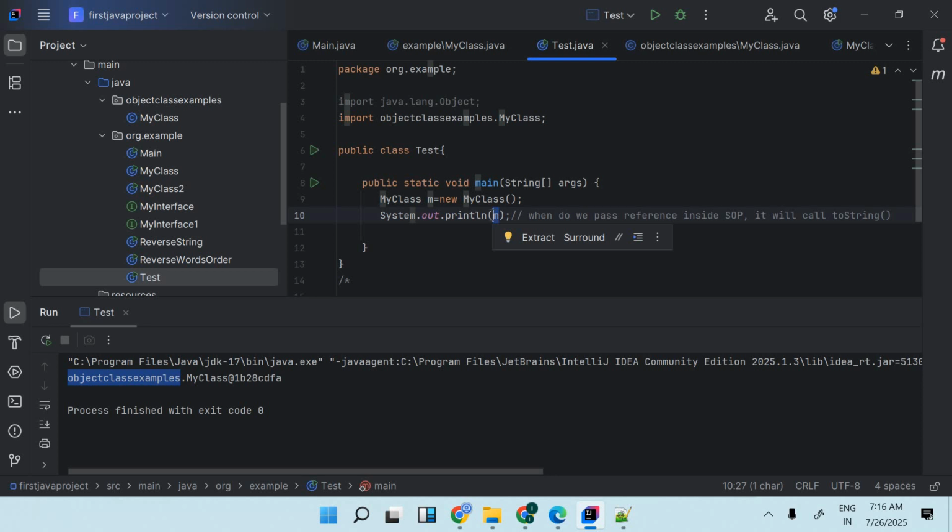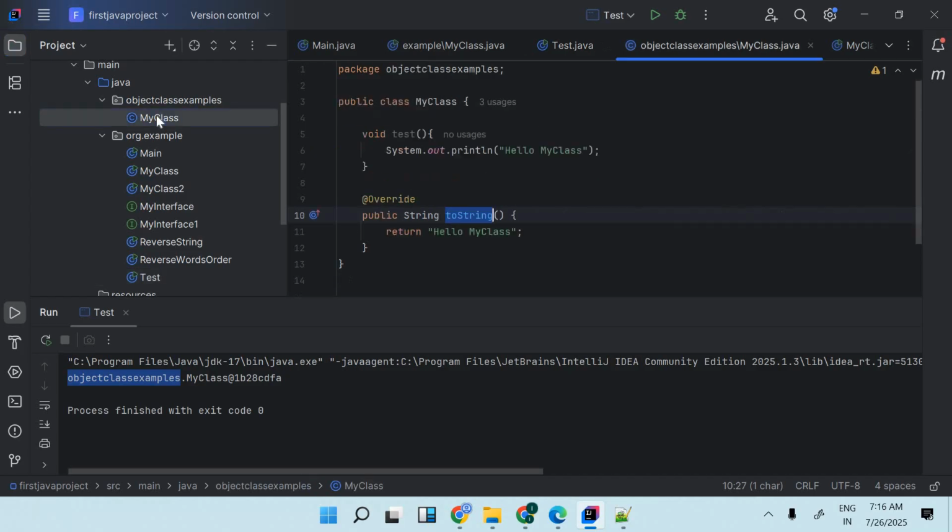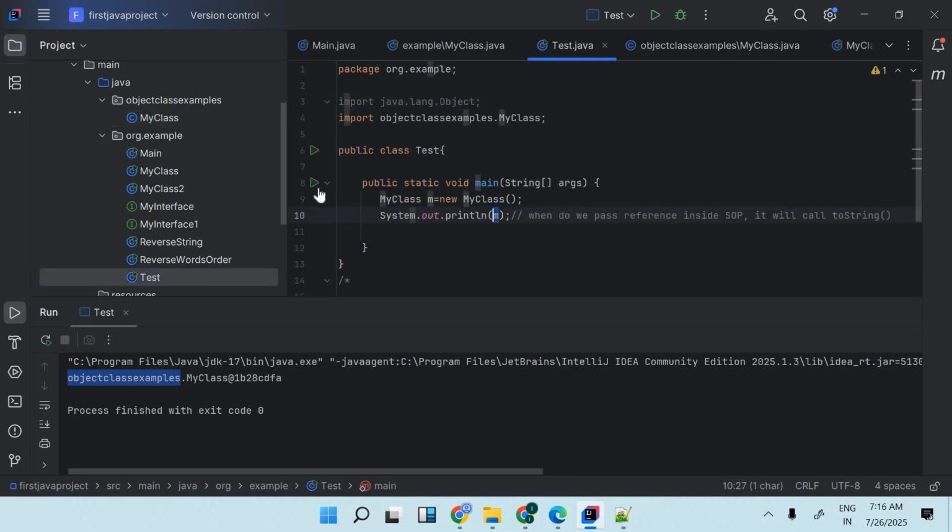If you have the same method in the child class, it will call the child class only, it will not call the parent class. So this time when it calls the toString method, it will not call the Object class toString method, it will call the MyClass toString method, right? So what will happen in that case? If you run it,